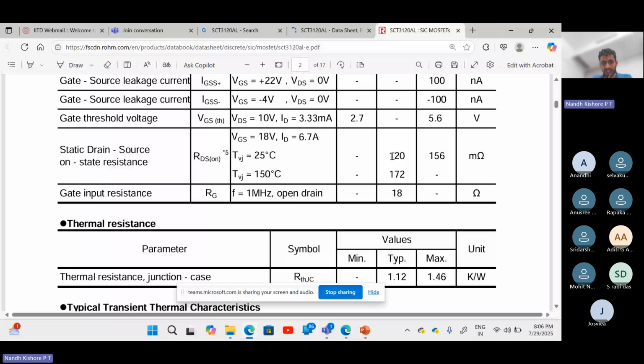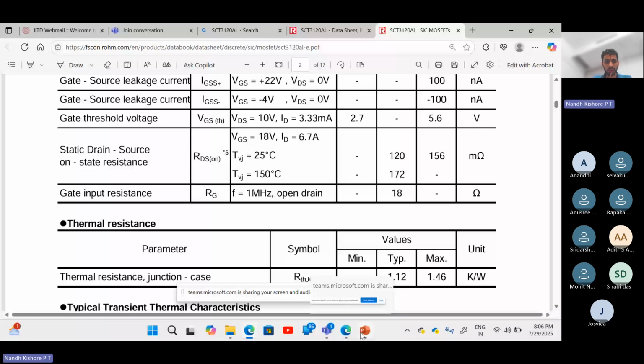And at 150 degrees, it increases to 172 milliohms, right? As temperature increases, RDS increases. And also see, it is at a particular value of gate source voltage at 18 volts. If it is, let's say 15 volts, the RDS will be different. Okay, so gate source voltage has a bearing, even though they have not taken that up in the options given,